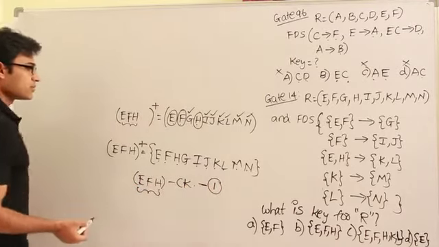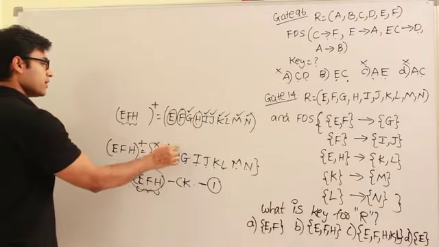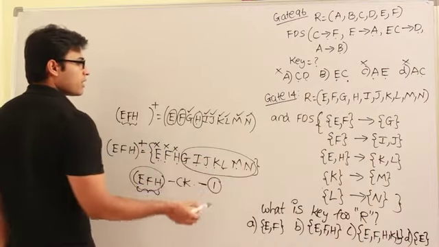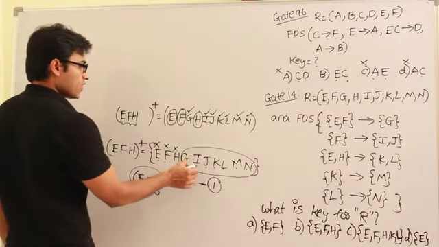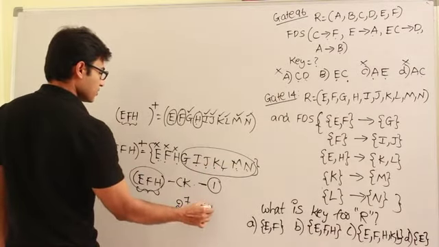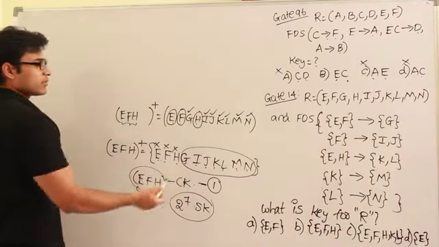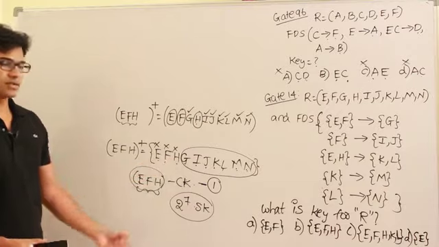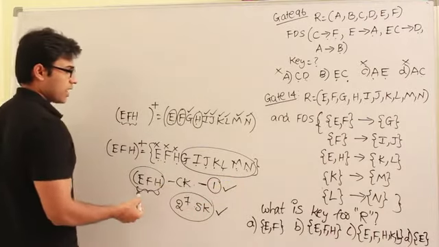Then how many super keys are possible? Every super key should definitely include E, F and H, so they are already included. Now what are the remaining? All these are remaining, and out of all this you may or may not include any of the attributes, therefore the number of super keys possible will be 2 power 7, right? Including this one, isn't it? The number of super keys possible without including this is 2 power 7 minus 1, because one of these combinations will not contain any of this, which means they will contain only E, F and H. Got it? Therefore 128 super keys are possible and one candidate key is possible.